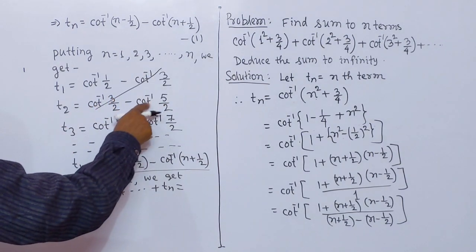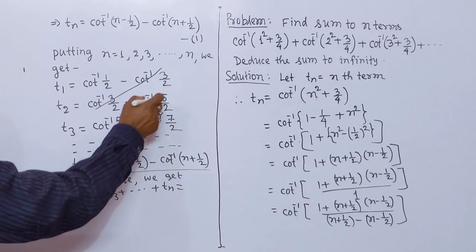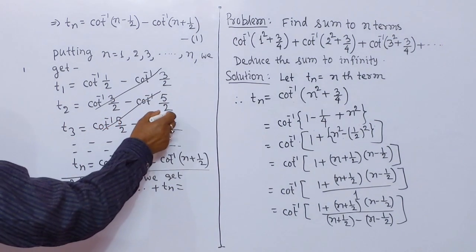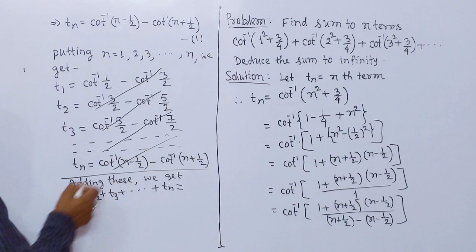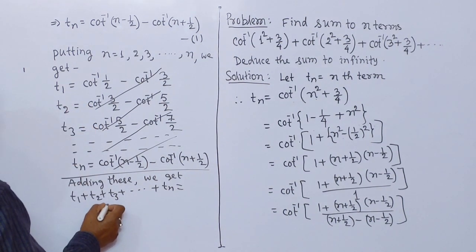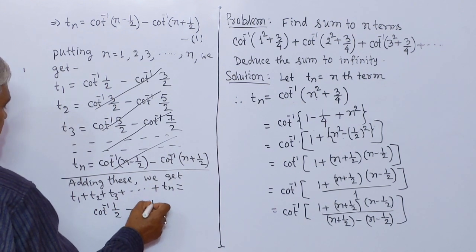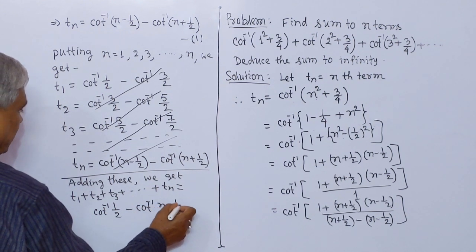Here cot inverse 5 by 2 negative, cot inverse 5 by 2 positive, cancel. And similarly this diagonal cancel, only remains cot inverse half minus cot inverse (n plus half),